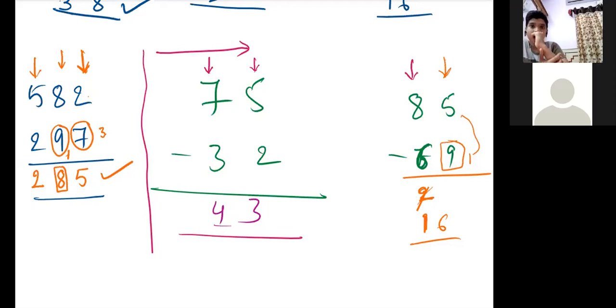Sir, how are you getting 4? Sorry? Sir, how are you getting 4? 7 minus 3 is how much? Tell me, 7 minus 3 is how much? Sir, it's a mismatch,